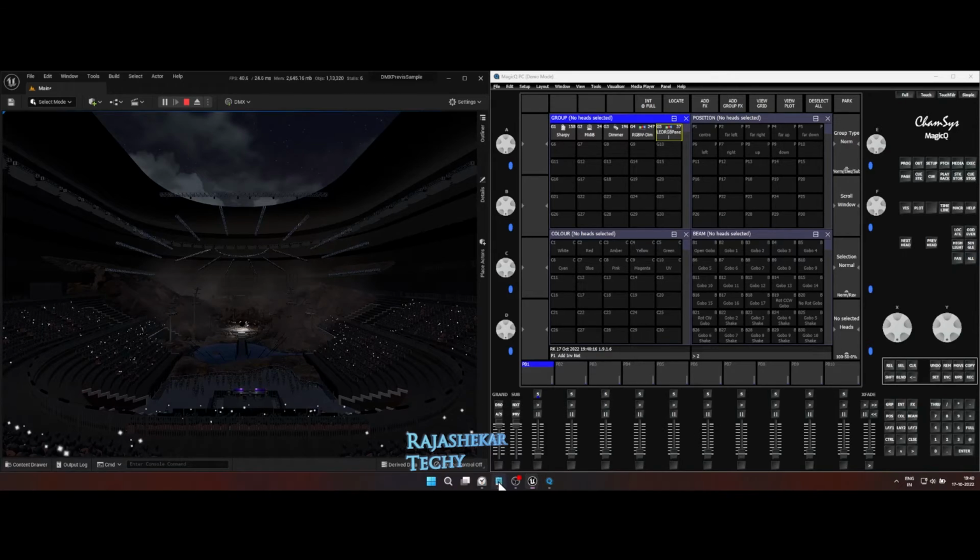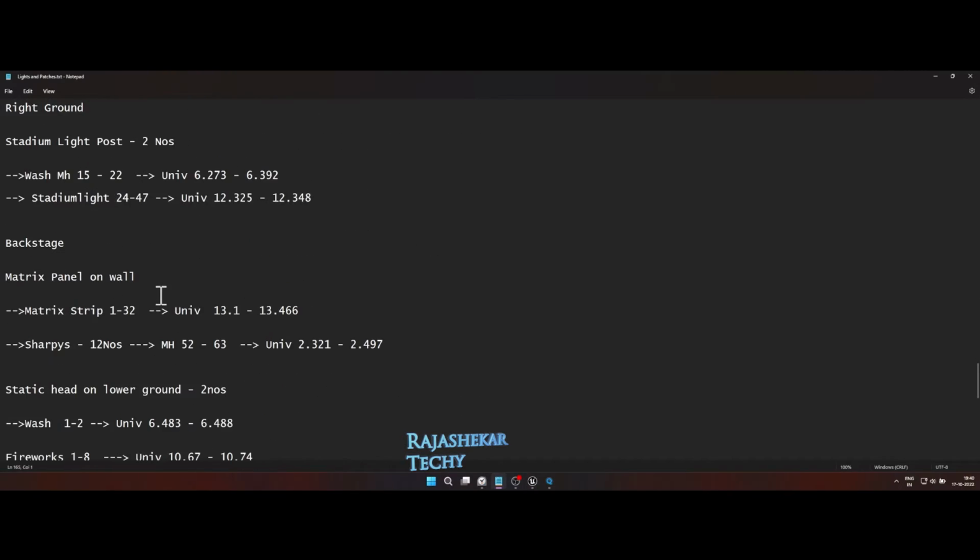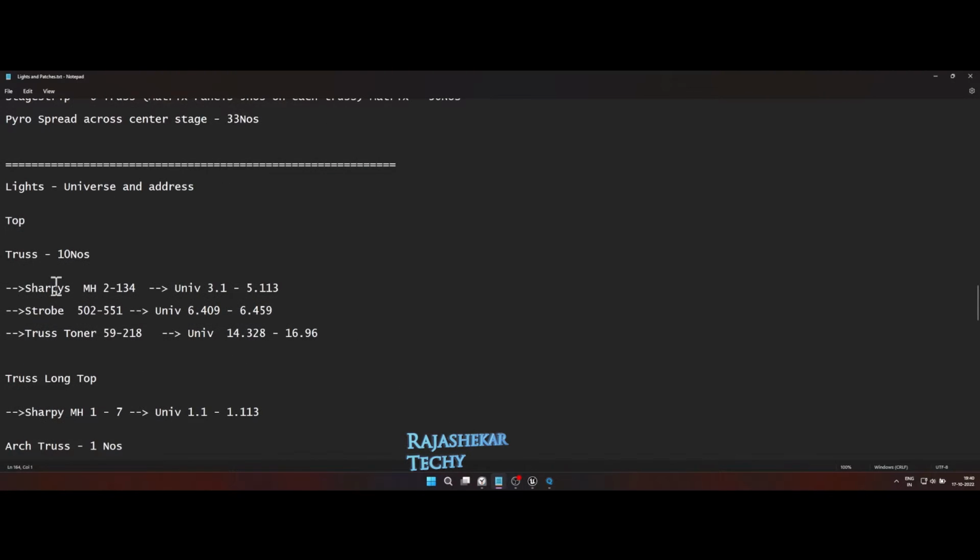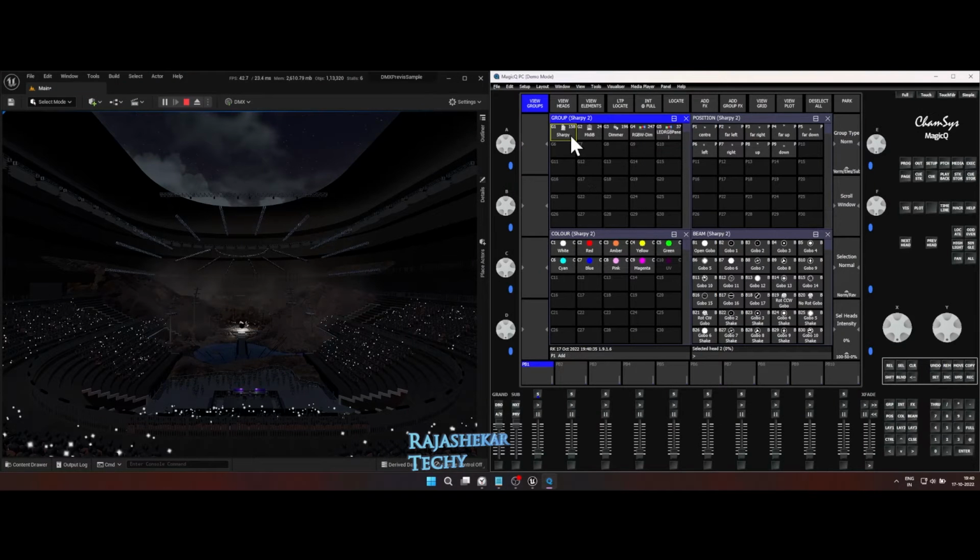We are extensively going to use the data we prepared on universe and address range for each set of lights to create layouts in Chamsys now. Let's begin. We will begin by creating a group for the top 10 truss elements. Sharpies are from 3.1 to 5.113. So create a group for it, select the Sharpie group, click on view heads, then select the Sharpies in that range